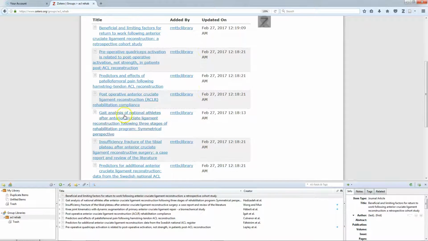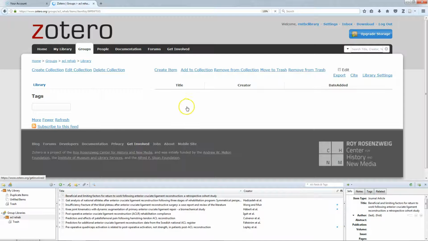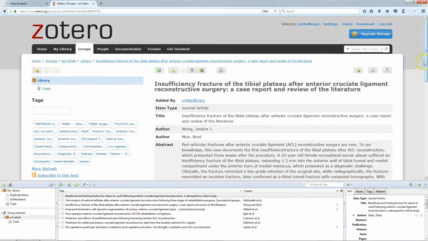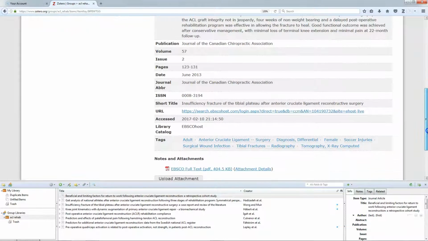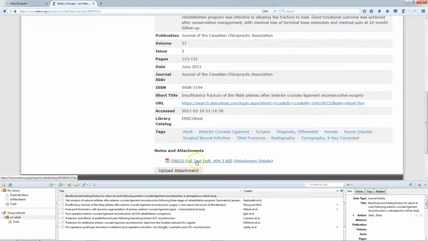and you can see the items in the group. You can send anybody this link, and if it's a publicly visible group, they can look at the items that way. Clicking on an individual title will allow someone to read an abstract. And in the case of group members, they can download the PDF if that's available in full